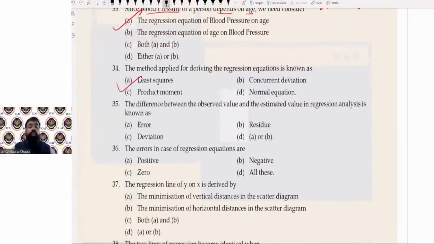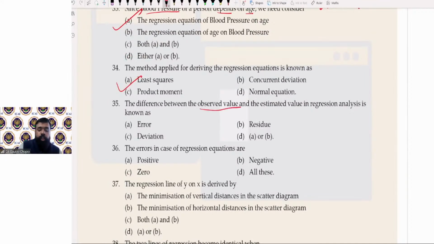The difference between observed value and estimated value. ऑब्जर्व वैल्यू का मतलब है जो हमने देखा है, जो एक्चुअलिटी है। तो ये एक्चुअल वैल्यू और सेकंड वन इज द एस्टिमेटेड वैल्यू, जो हमने अंदाजा लगाया है। तो एक्चुअल और एस्टिमेटेड में कुछ ना कुछ फर्क आता है। That difference can be known as error, उसको हम एरर बोलते हैं, जैसे प्रोबेबल एरर अभी हमने कैलकुलेट किया। Also it can be termed as residue, उसको हम रेजिड्यू भी बोल सकते हैं। तो दोनों का डिफरेंस है, that is residue। तो कुछ भी बोल दे, एरर या रेजिड्यू।